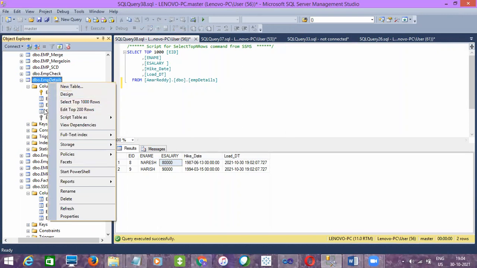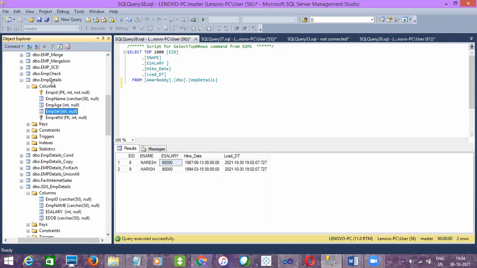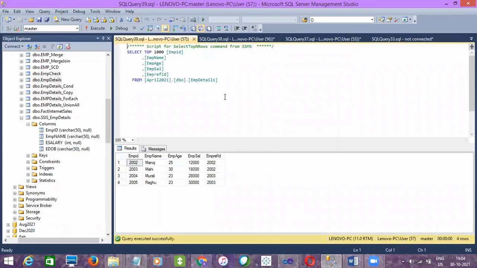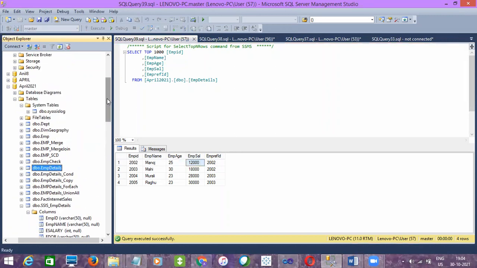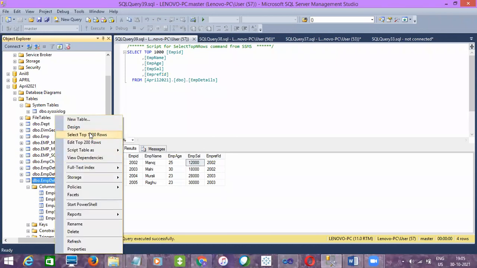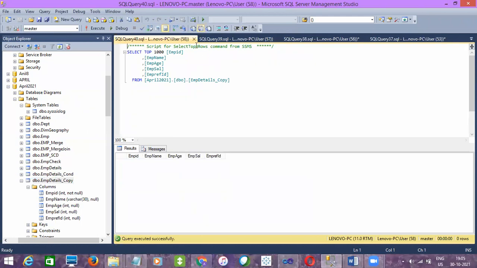Okay, let me take this one. It is having integer, EMP details as source, which is in the April 2021 database. It doesn't have much data, right? This is integer.